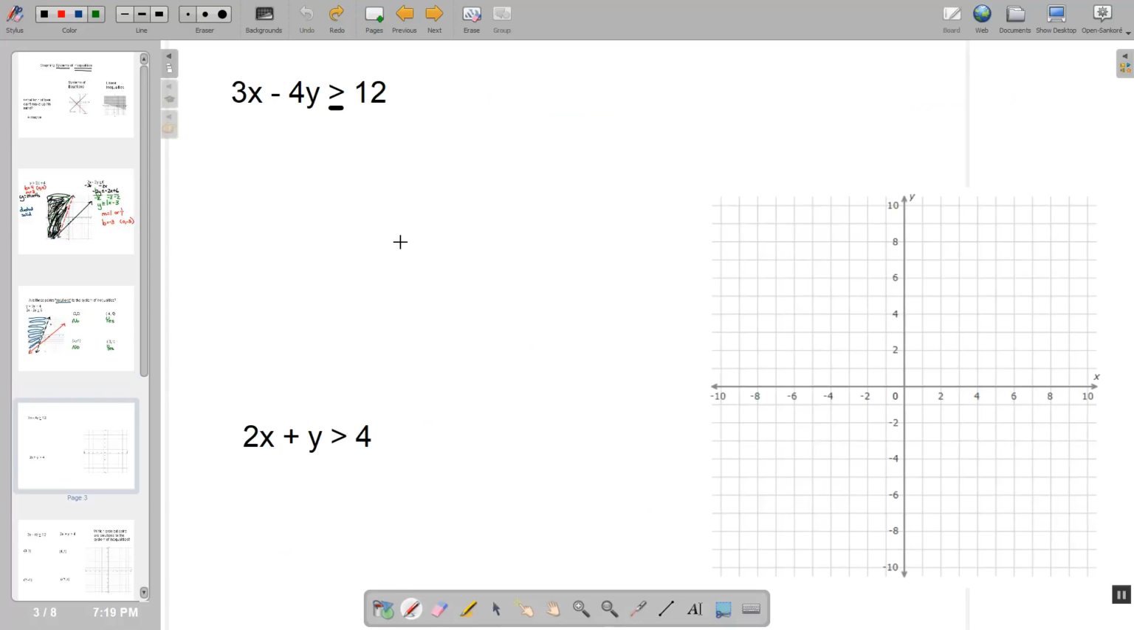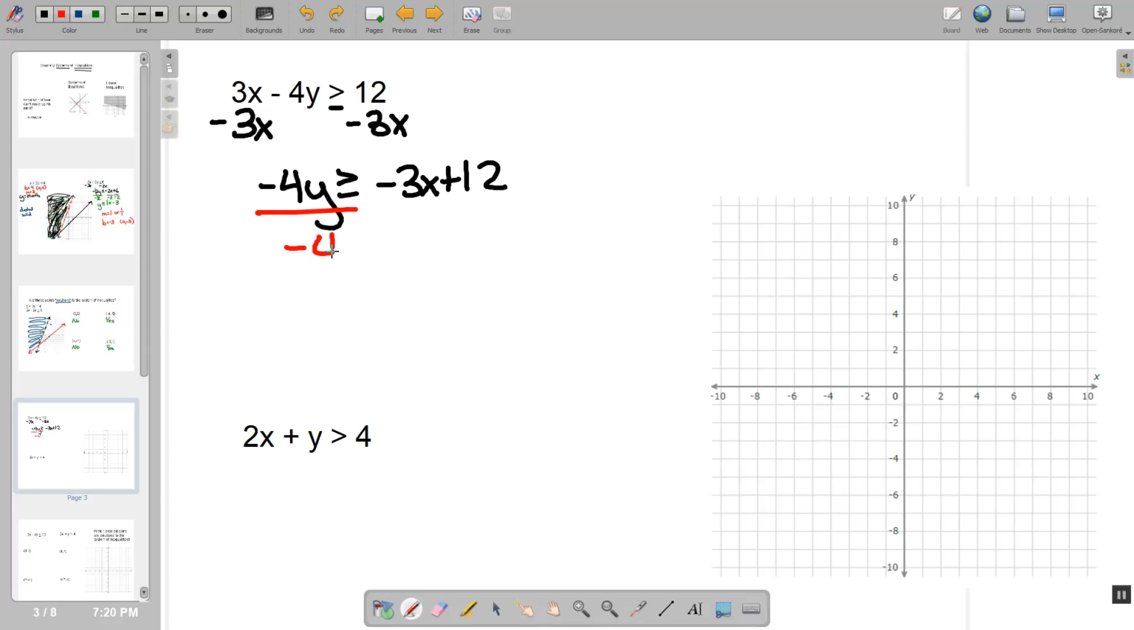Let's do one more problem. So I have 3x minus 4y is greater than or equal to 12. We need to get this into y equals mx plus b form, which I'm going to go through a little quickly here because we've done this a few times before. From here, I want to divide everything by -4, which means I need to flip the sign. And so I get y is less than or equal to 3/4 x minus 3,